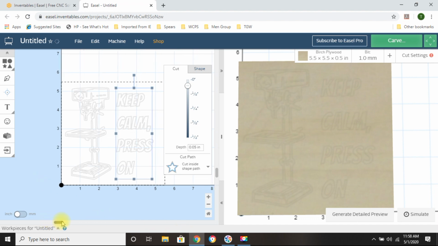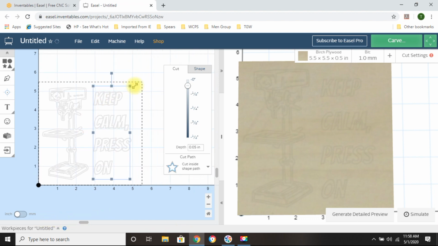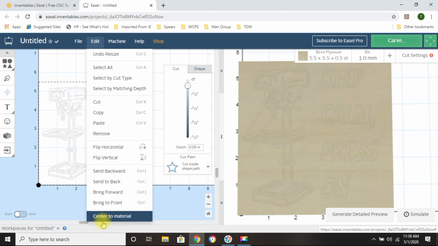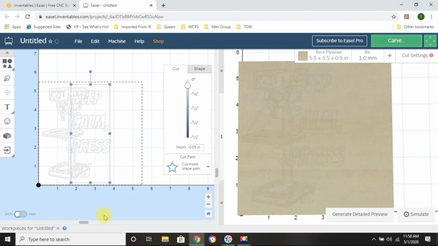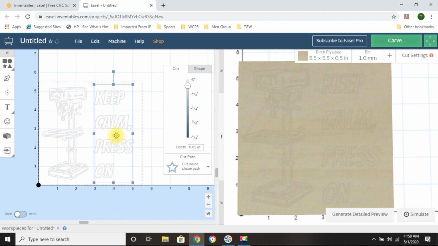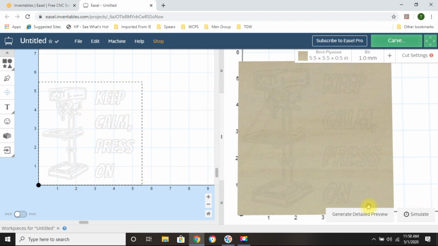All right, so let's see here. I can make this a little bit bigger if I wanted to. There we go. And once again, just center to material again. Come on. There it goes. Move it to where the comma is, right about to the 5. The blue line's right under the 5. There we go. So, all right, let's generate the